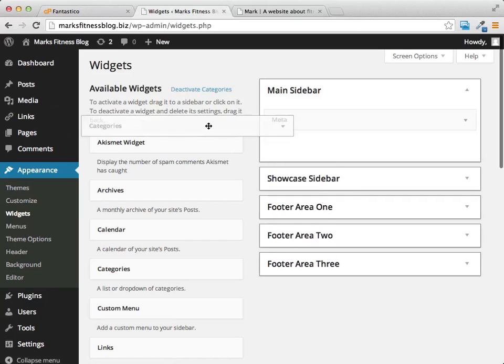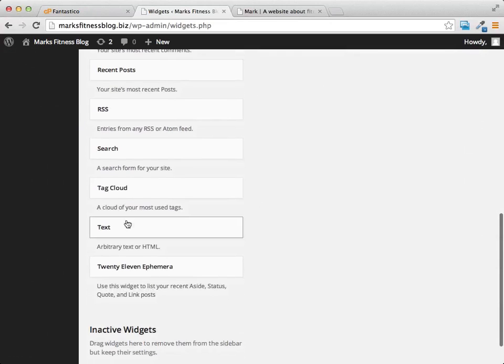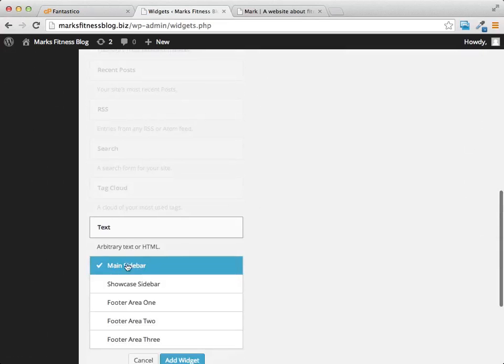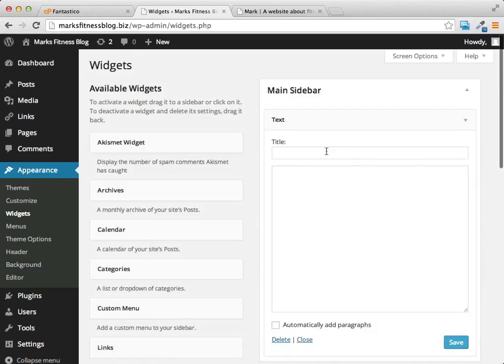And what you do want to add there, though, is a text widget, so I'm going to just click on Add Widget, and then that's going to appear up here, and you can add